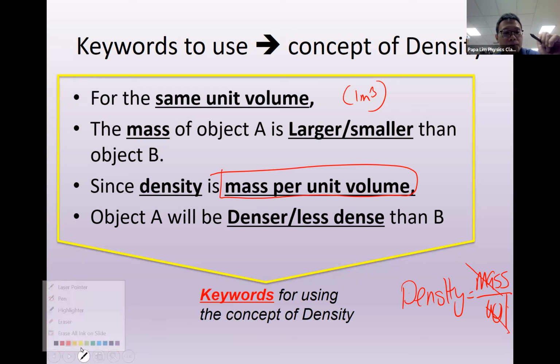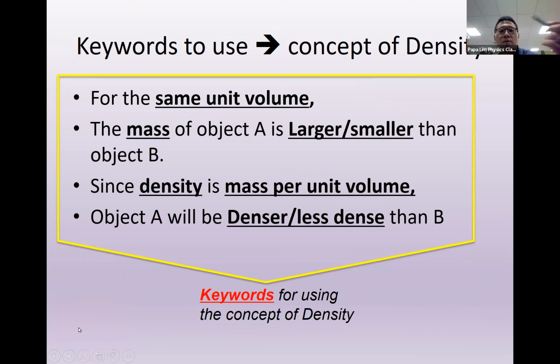For example, in my explanation, if I'm talking about comparing two objects A and B, A and B can be of the same volume, but the mass of A is larger than the mass of B. Just by looking at mass or volume separately, it doesn't tell you sink or float. It doesn't guarantee. What you need to tell the marker is that I'm looking beyond mass and volume. I'm actually looking at the interaction of these two,